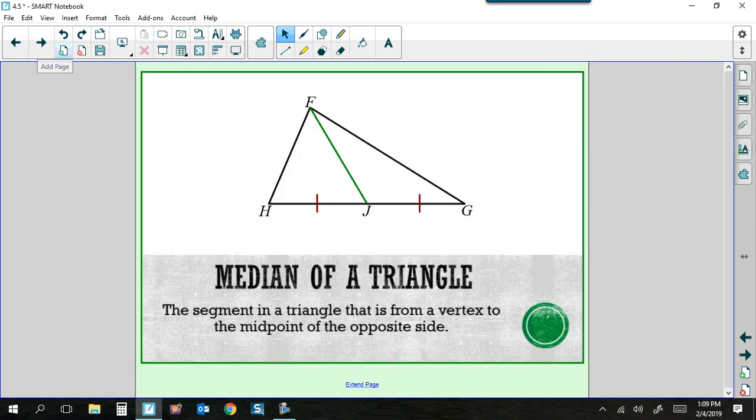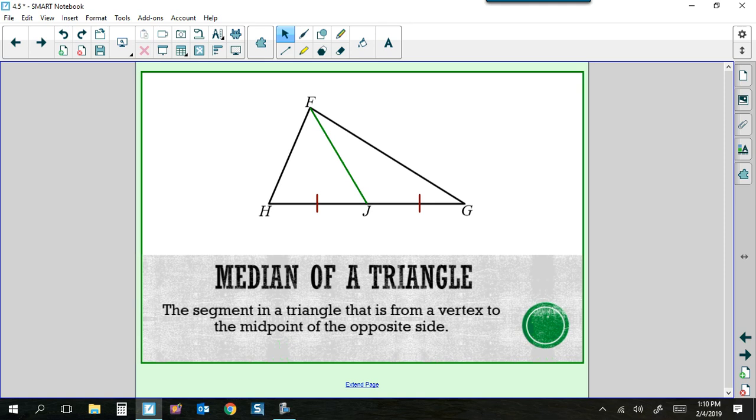A median of a triangle is a segment in a triangle that is from a vertex to the midpoint of the opposite side. So you can see here that FJ is going to be my median in this picture because F is a vertex of my triangle and J is clearly marked as a midpoint based on these congruency marks. If you remember from lesson 4.1, to find the midpoint using construction tools, you're actually going to do the